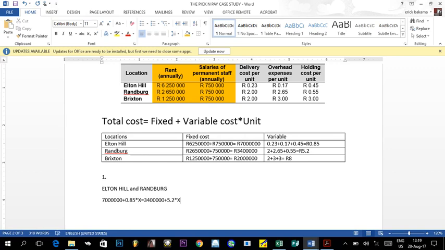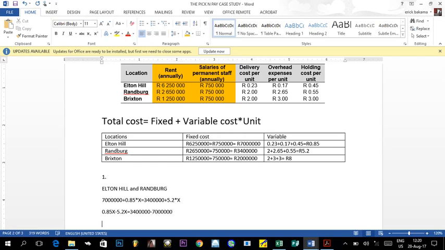In short, we're looking for that number of units that will make the 2 locations equally attractive. Now in this case here, we need to make X the subject of our equation. If we need to move all the values with X on one side, we'll get 0.85x minus 5.2x, that will be equal to 3,400,000 minus 7